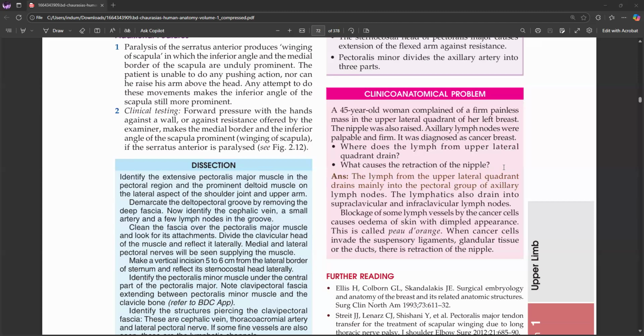Answer. The lymph from the upper lateral quadrant drains mainly into the pectoral group of axillary lymph nodes. The lymphatics also drain into supraclavicular and infraclavicular lymph nodes. Blockage of some lymph vessels by the cancer cells causes edema of skin with dimpled appearance. When cancer cells invade the suspensory ligaments, glandular tissue or the ducts, there is